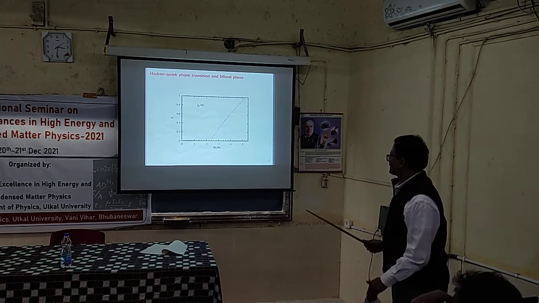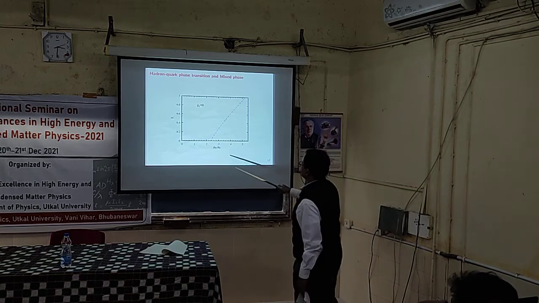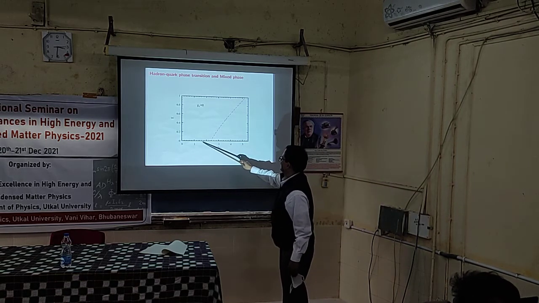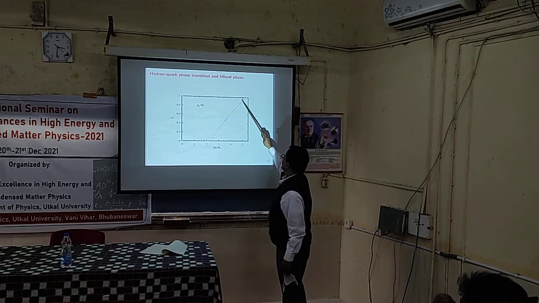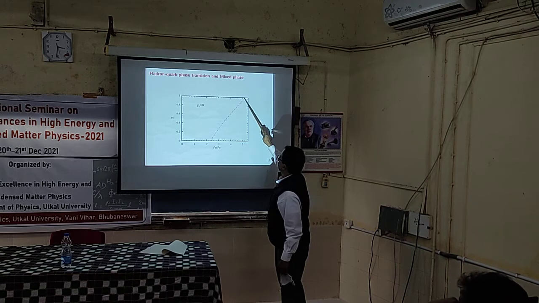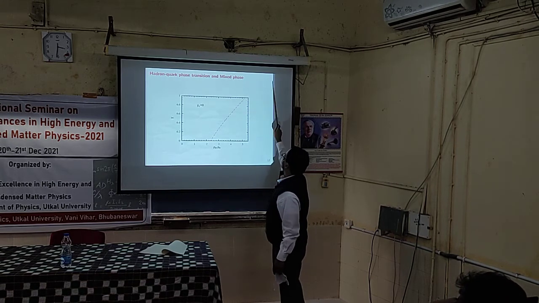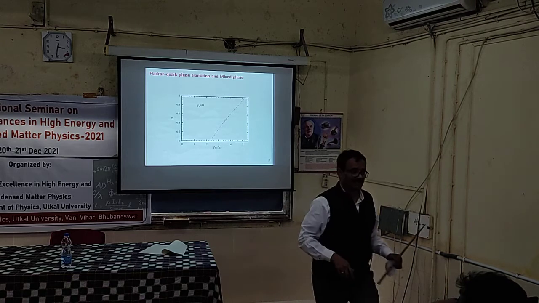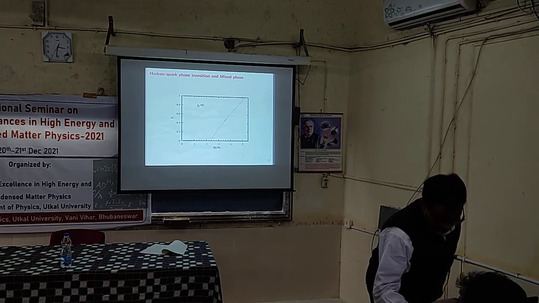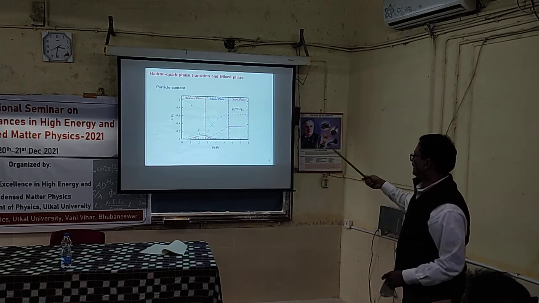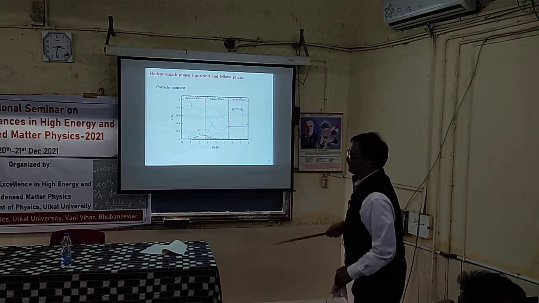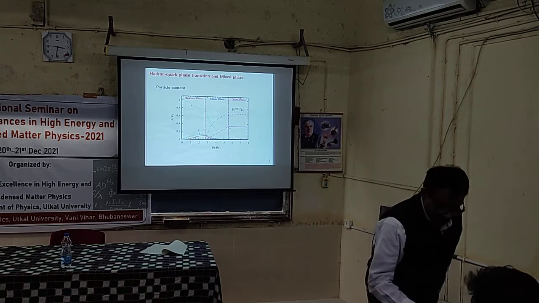And this is the fraction that I was telling you about. The fraction of quark matter is plotted here. So beyond 2.4 or so, the mixed phase starts, and the fraction of quark matter increases until it becomes 1 at about 5 times nuclear matter density, and above that it is pure quark matter. This just gives you an idea, nothing much is there, and you can calculate what kind of particles are there in that mixed phase.